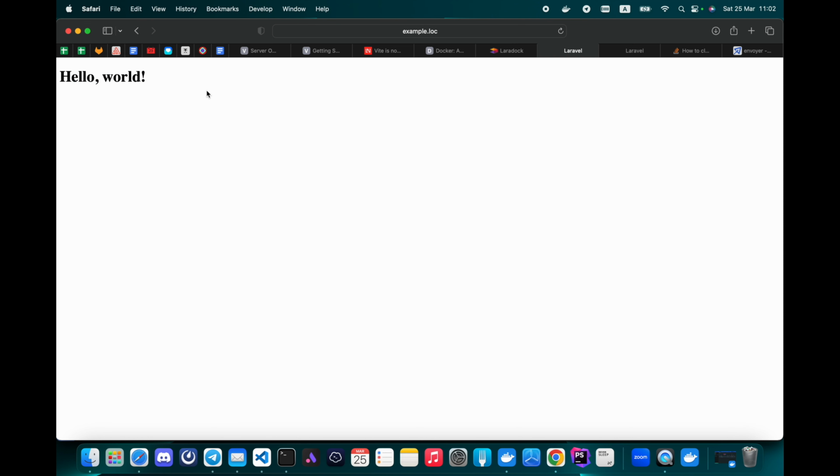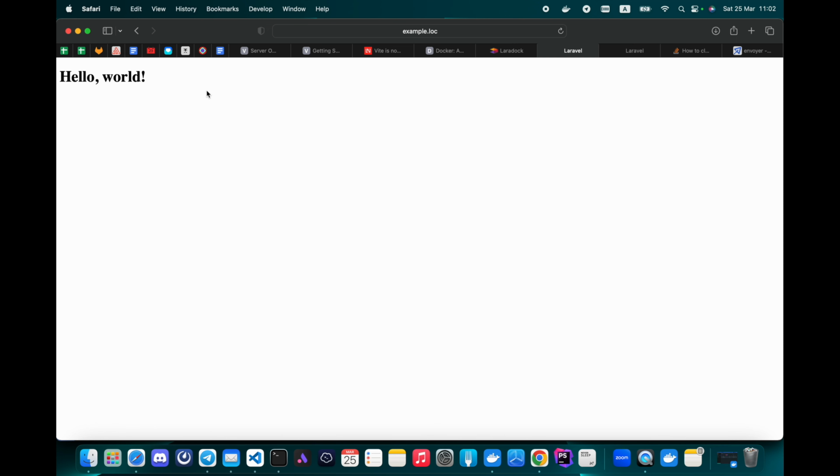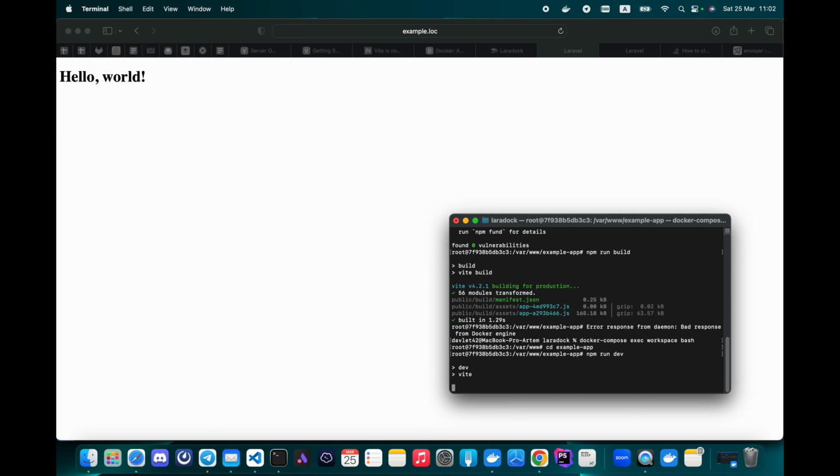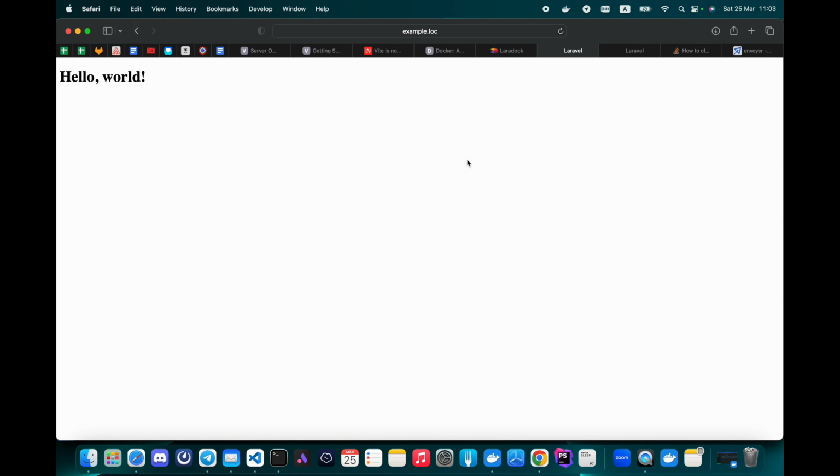This scenario totally works in a production environment, but when we develop in a local environment, it's not so good, because we need to reload the pages after every change we make to our JS or CSS files. Vite has a solution to this problem, and it works amazingly fast. We can run the npm run dev command in the terminal, and Vite will start the development server.